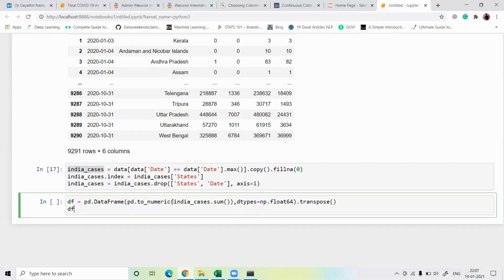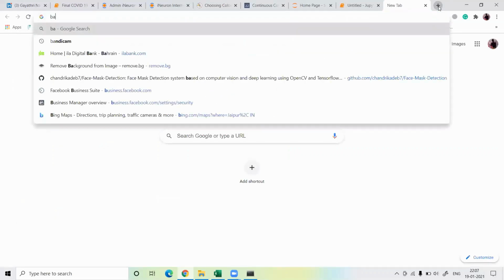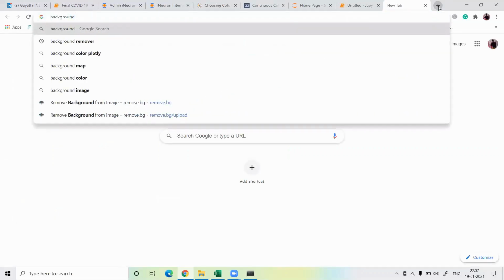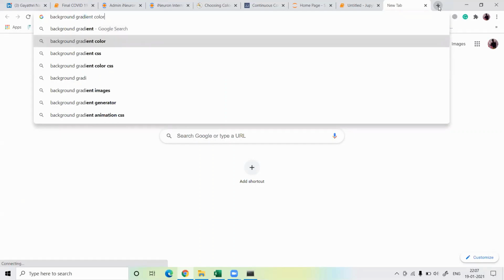So just write df dot style dot background gradient. I do some background color. I forgot this, so let's search here: background gradient color.